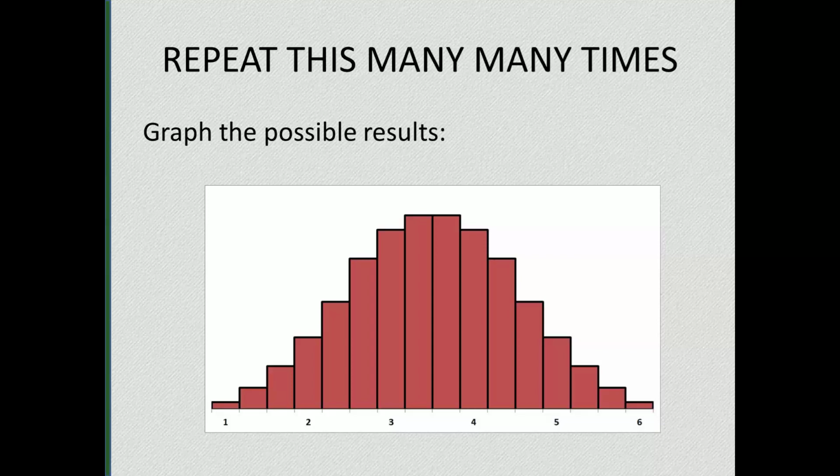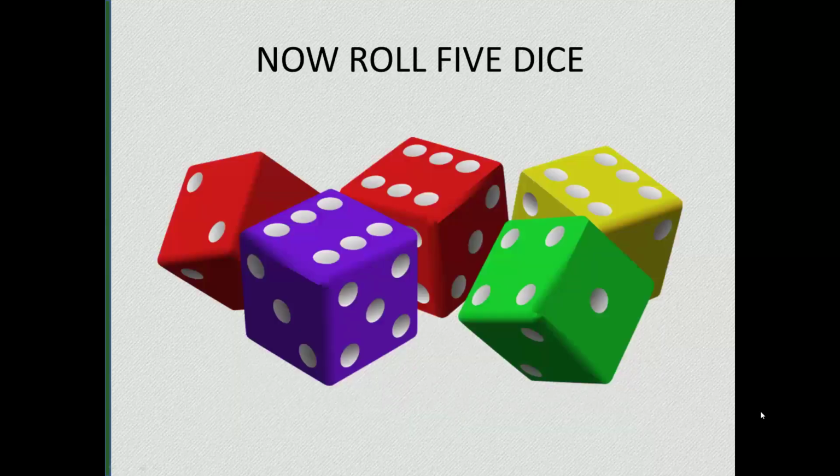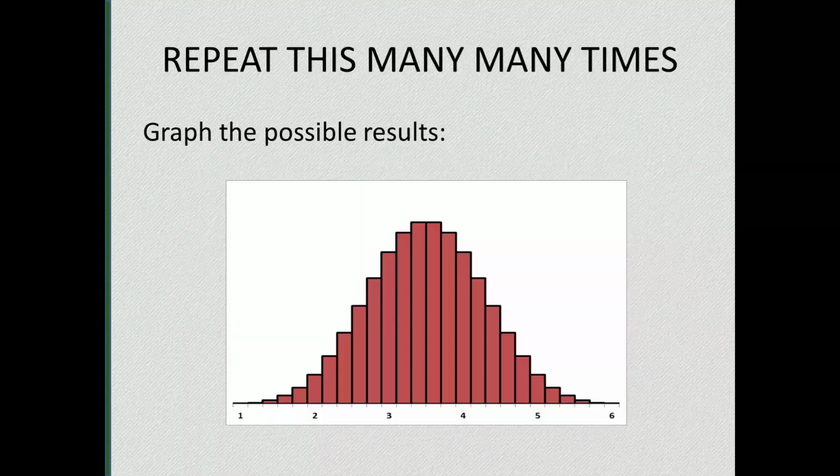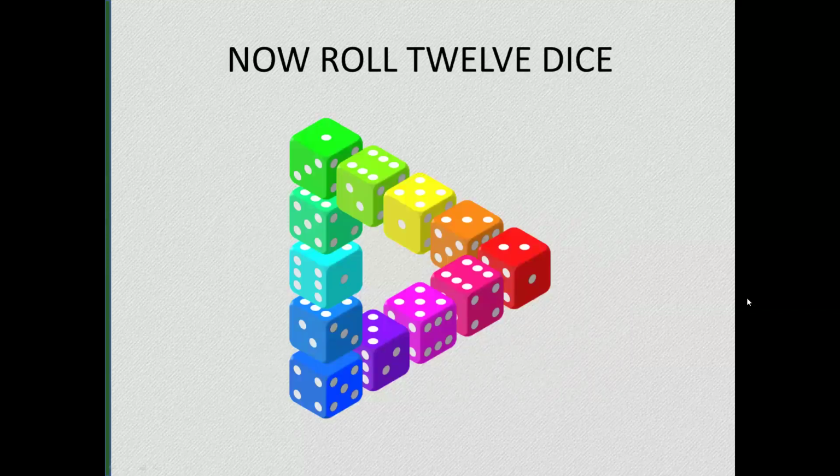But wait, there's more. If we roll 5 dice, contain your excitement. Now here's our picture. It's very hard now to get an average of 1 or 6 because we'd have to roll 5 1s or 5 6s. More of a chance of winding up between 3 and 4. If we make it 12 dice, contain your excitement,